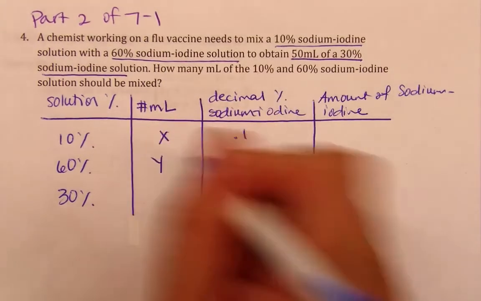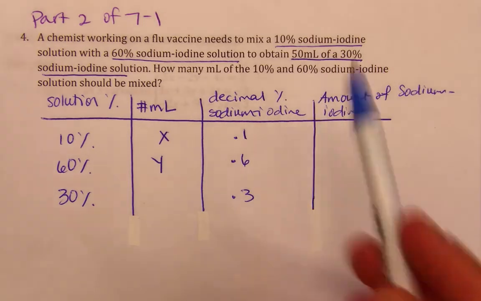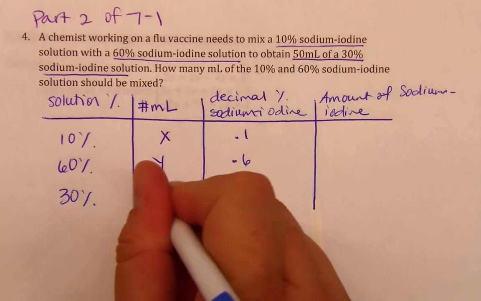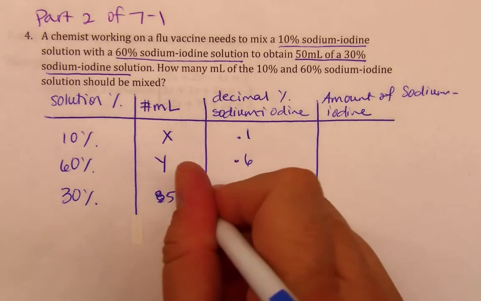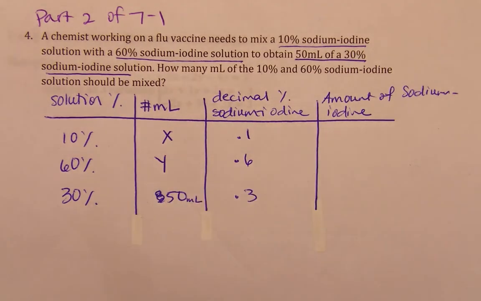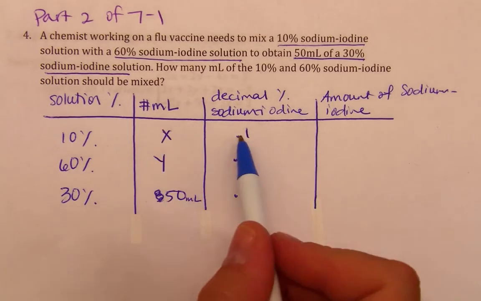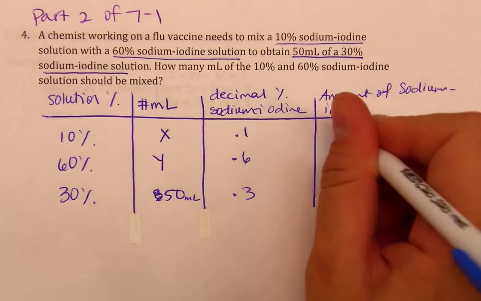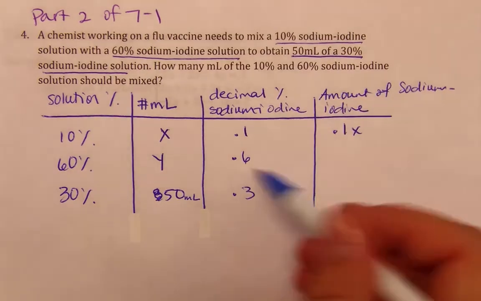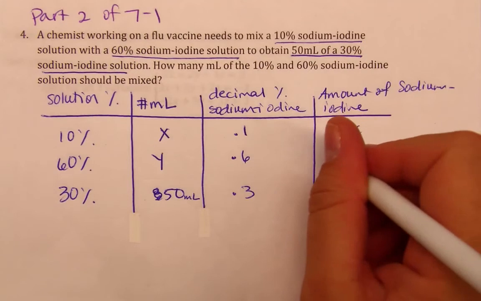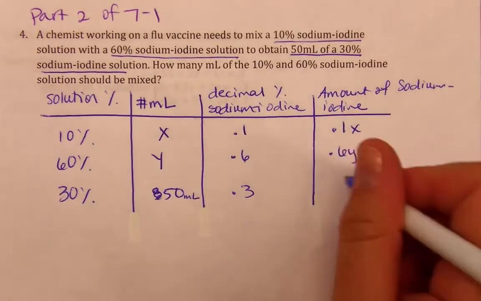So we don't know how much of each of those we actually need, but we do know that we want 50 milliliters of the 30%. However many milliliters of the 10% times 10% would give us how much sodium iodine we actually have from that, how much sodium iodine we have from the 60, and then same thing, 50 times 0.3